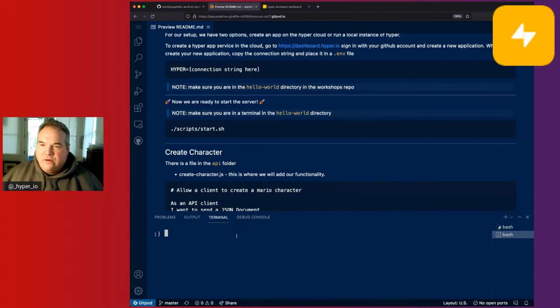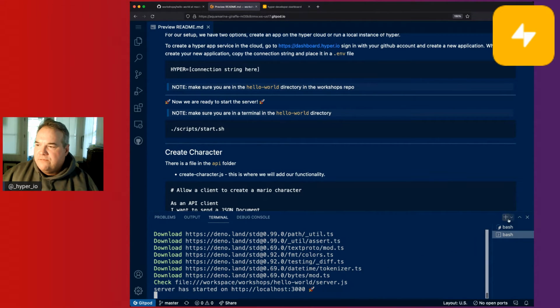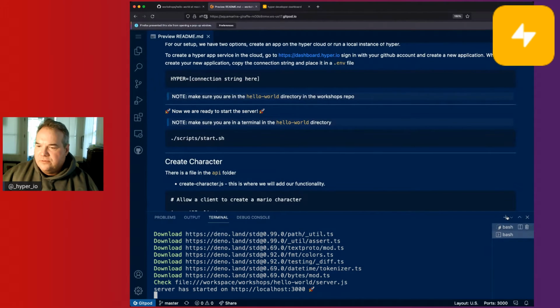So we've got this server pre-built with essentially the code we want to change kind of stubbed out. So we can just do .scripts, .start, .sh, and what that'll do is pull down the web server framework and then run the server.js file in the Hello World directory. And it's running on localhost port 3000. So we can go